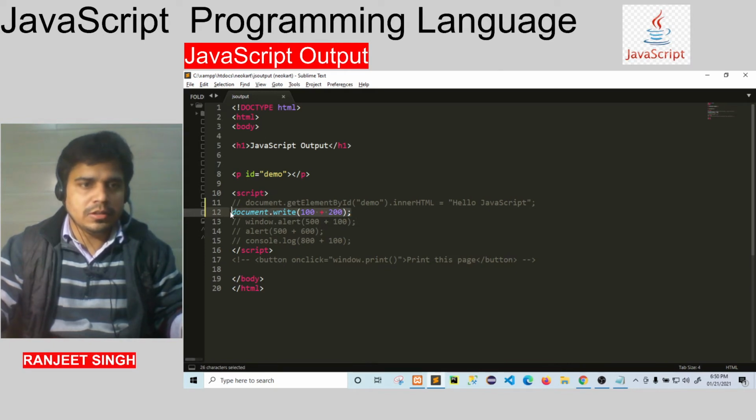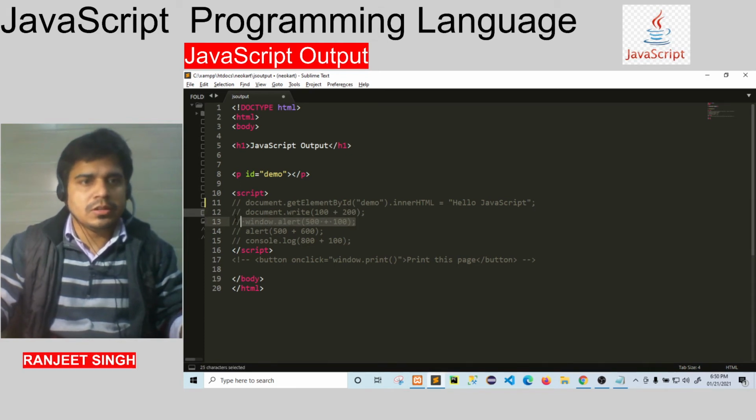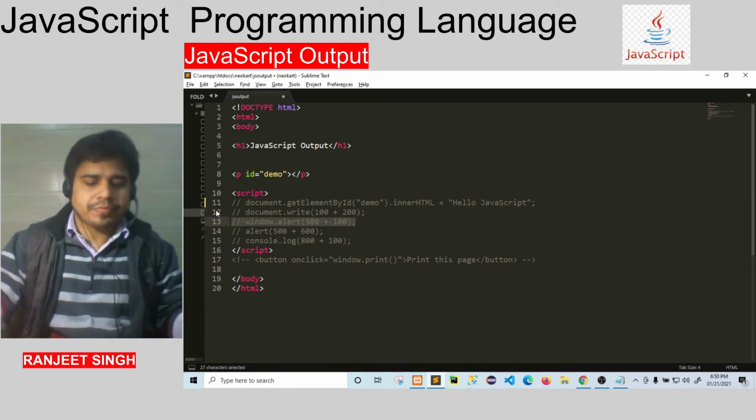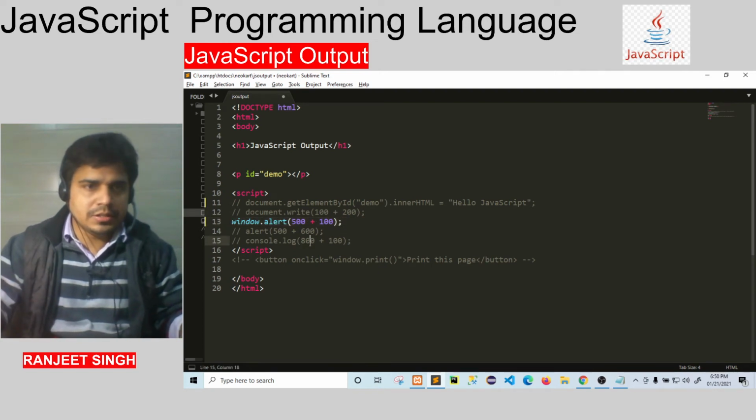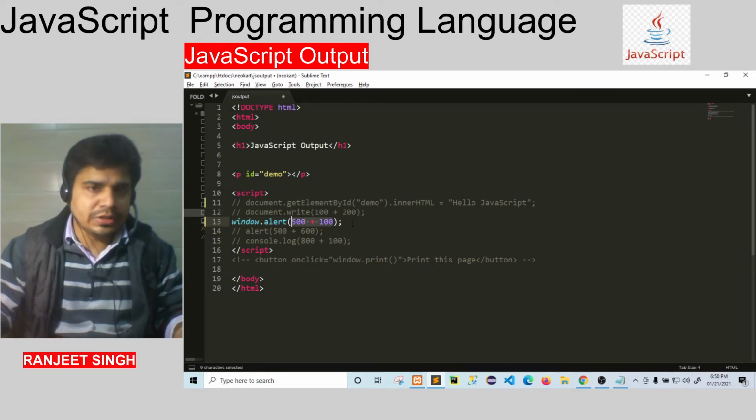Now comment this. The next one is window.alert, which is used for an alert box. According to this window.alert, 500 plus 100, the answer should be 600.